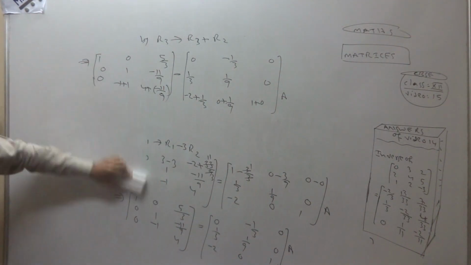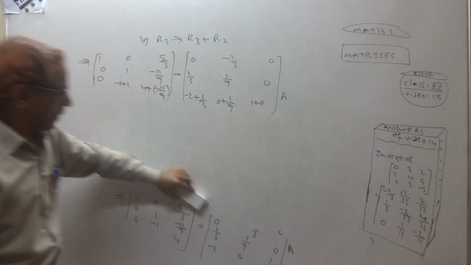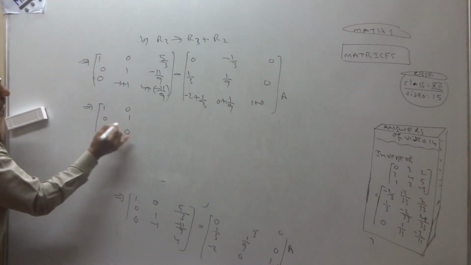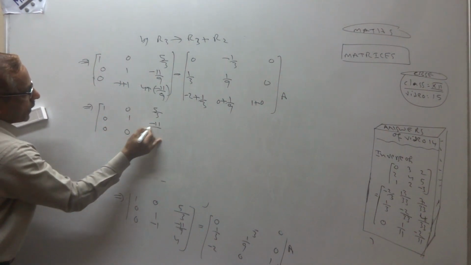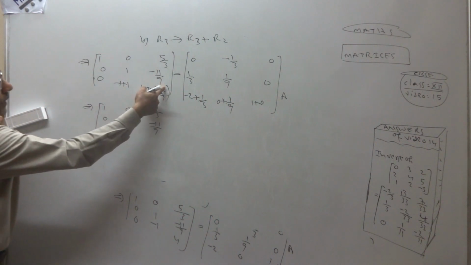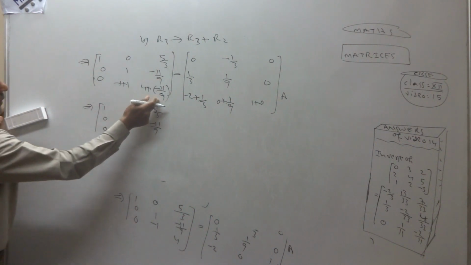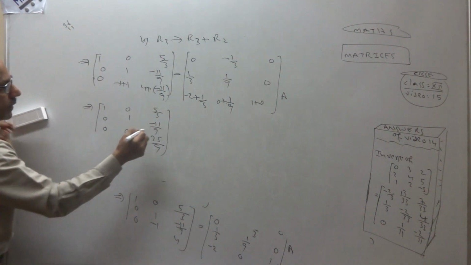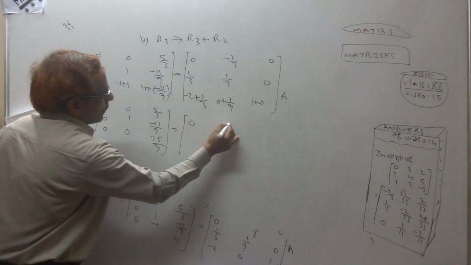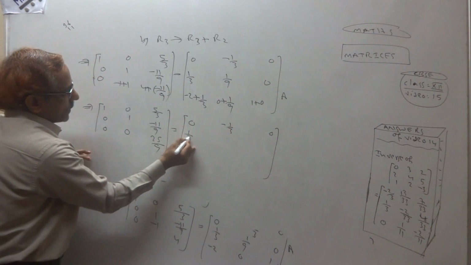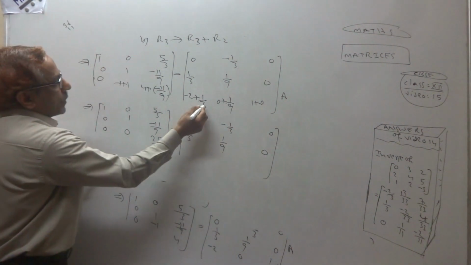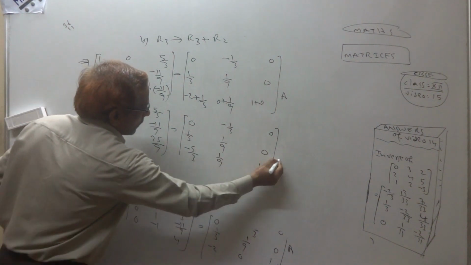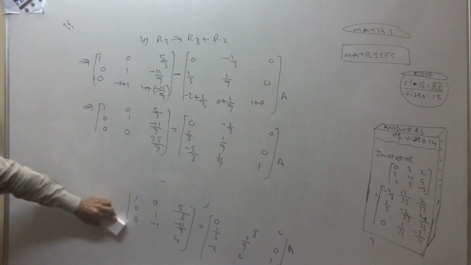The next step, so what we are getting is 1 0 0 0 1 0, 5 by 3, 11 by 9, 9 for the 36, 36 minus 11. So 36 minus 11, 25 by 9, 0 minus 1 by 3, 0, this as it is, 1 by 3, 1 by 9, 0, 3 to the 6, minus 6 plus 1, minus 5 by 3, 1 by 9, 1, yes. Next step.